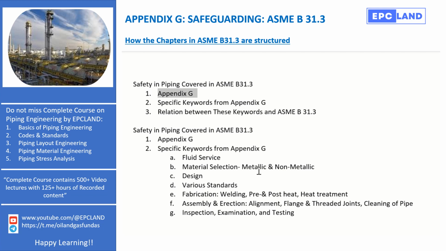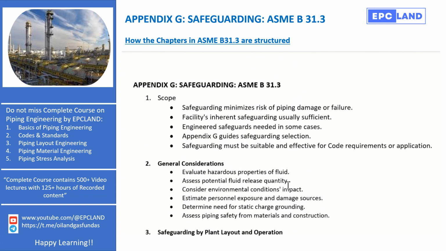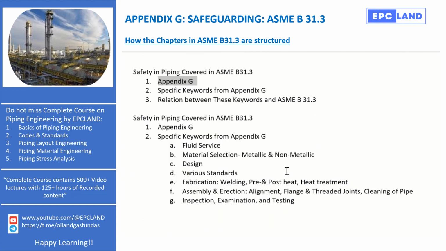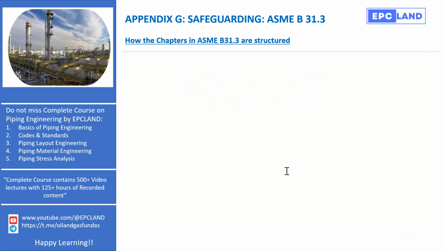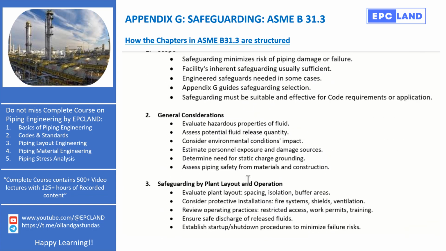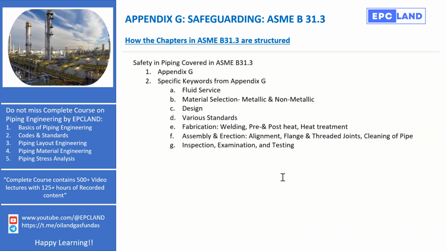So if you see, we talked about all these four sections which were there in B31.3, and if you look at the keywords which this Appendix G is talking about, they are fluid service, right? Material selection, whether it is metallic or non-metallic, how we are going to design it, what various standards we need to use when we design, then fabrication, welding, preheating, post-heating, heat treatment. All these will help us to add additional safety into the piping systems, right? We talked about piping layout and all, so this will be additionally adding